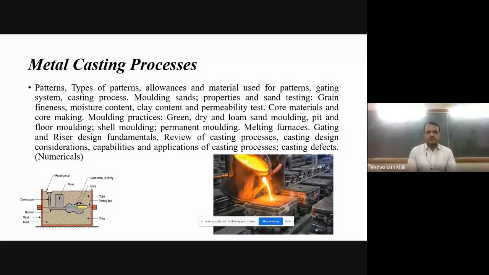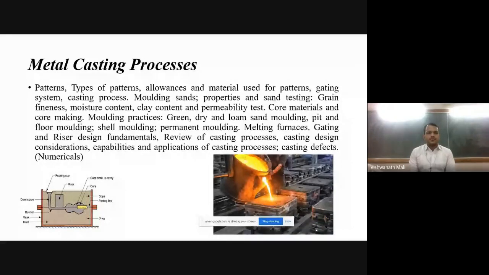This syllabus we have already discussed, but we will quickly overview it. In this chapter we are going to see patterns, types of patterns, allowances, and materials used for patterns. Then the gating system.